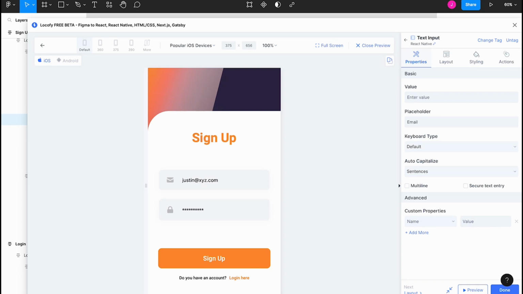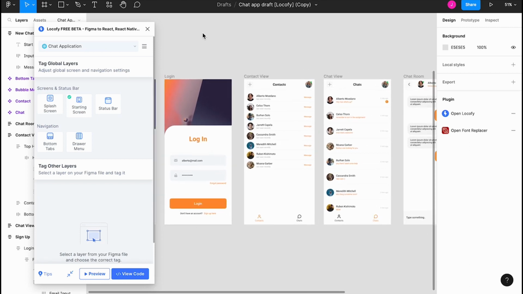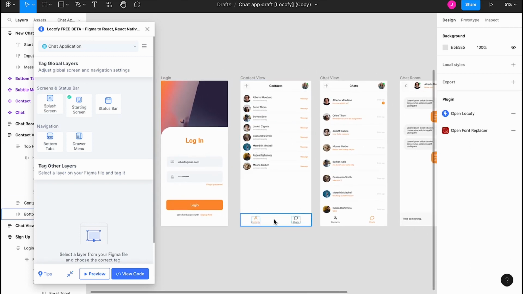Awesome, right? So now we learned how to tag a button and tag an input field. These are the basic things that you would mostly need for every application that you want to build in React Native. Alright, so now you know the basic tags available in Locofy. Now let's move on to more specific tags for building React Native applications. Like for instance, this bottom navigation bar. To tag the bottom navigation bar,